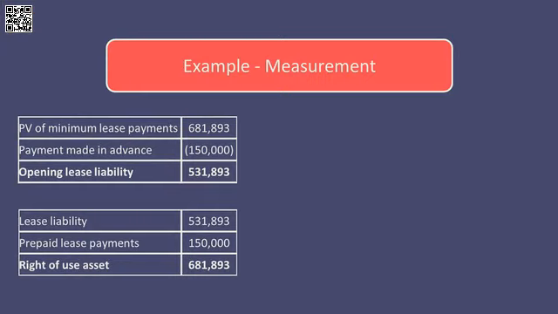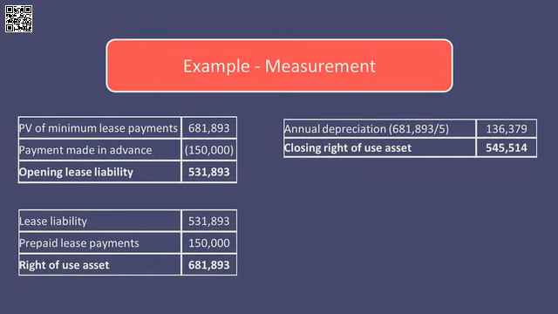Now, turning our attention to the income statement then, as we go throughout the year, we have to charge interest on the liability and we have to depreciate the right of use asset. So the right of use asset then that started at 681,893 is being written off over 5 years. So that would give us depreciation of 136,379 in the first year, and therefore at the end of that first year we have a closing right of use asset at